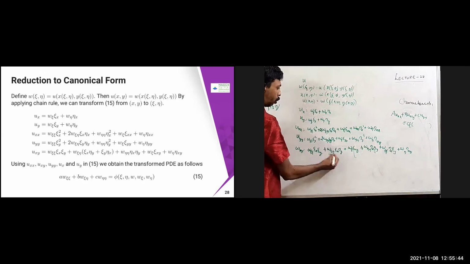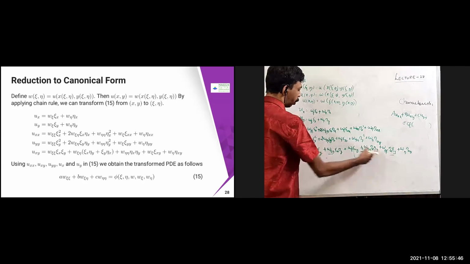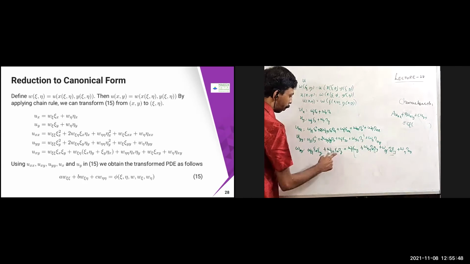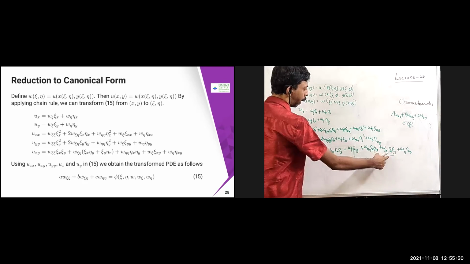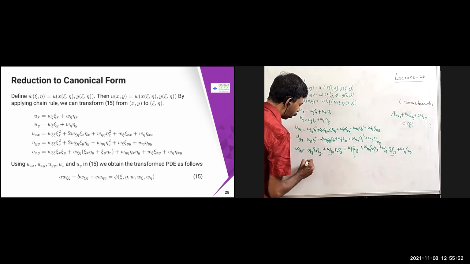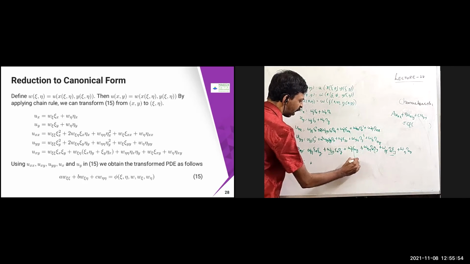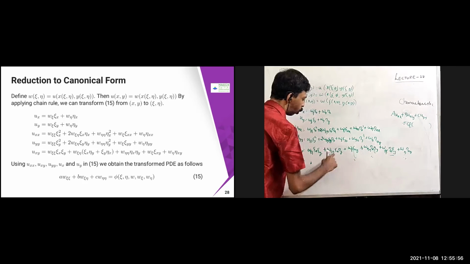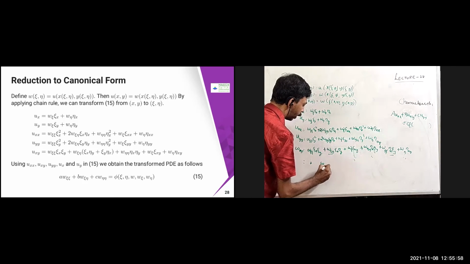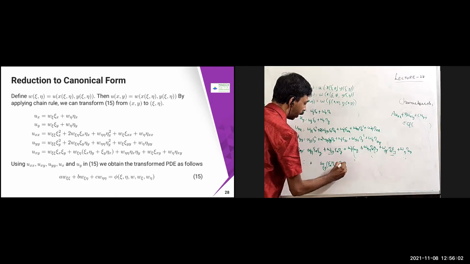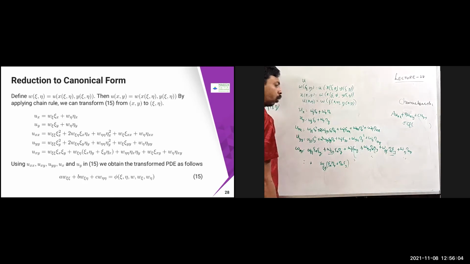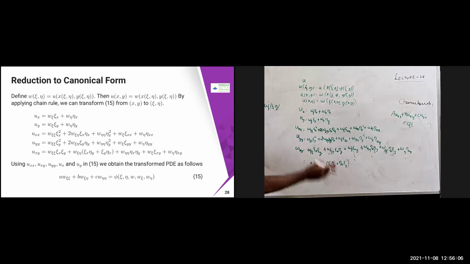Okay, so these two are same. So w chi eta and w eta chi are same, but here chi xy is there, and here eta x chi y is there. So only this part I'm going to write, the remaining things are same. Only this part I'm just going to write: w chi eta into eta x chi y plus eta x chi y. These two are computed. Remaining things are same.